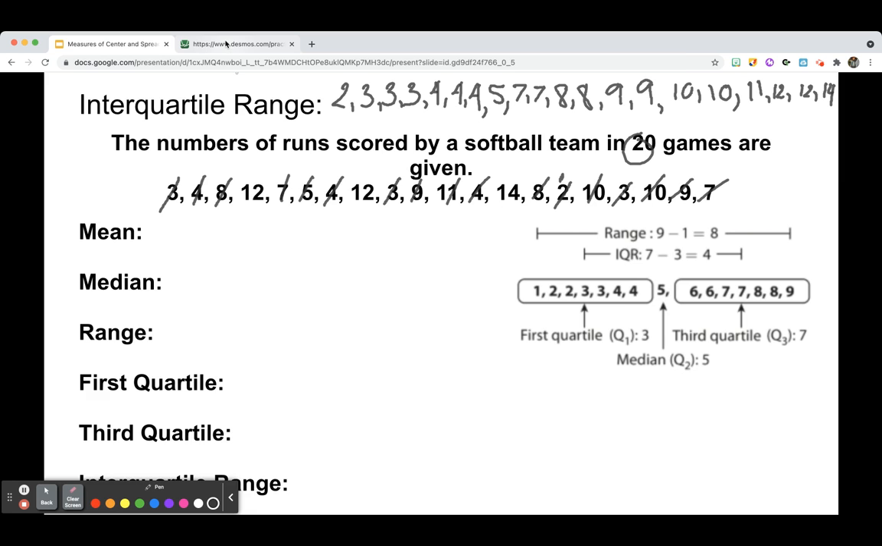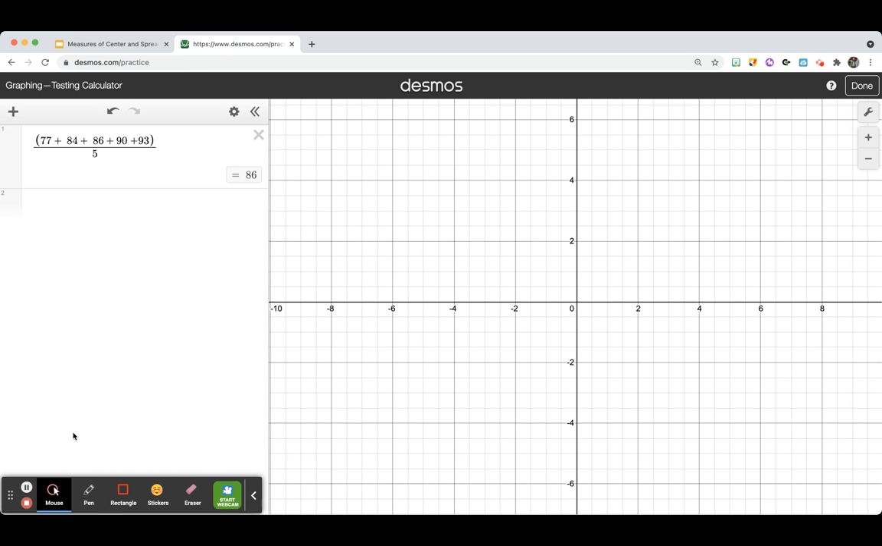So if we head on into Desmos, put up that parenthesis. Okay, so I decided to cheat maybe and pull up the data on a different monitor, but that's okay. So we have the number 2. Then we're going to add 3 plus 3 plus 3, 3 threes. Then we're going to add 3 fours. Then we have a 5, 2 sevens, 2 eights, 2 nines,